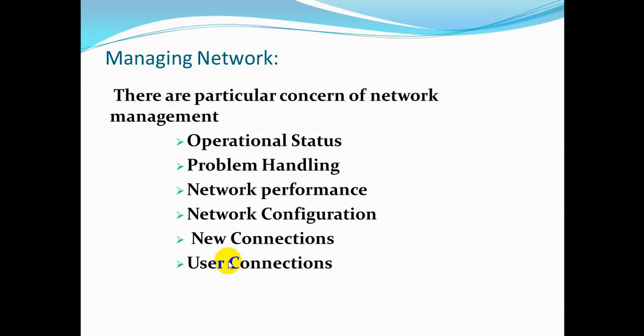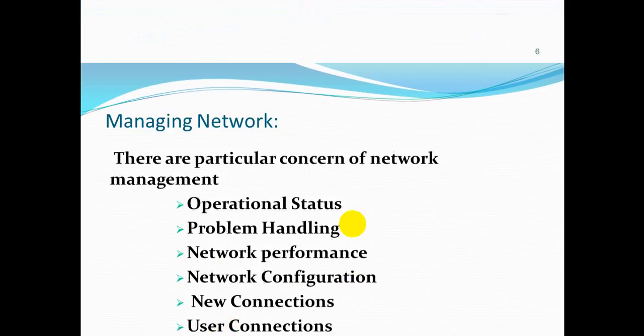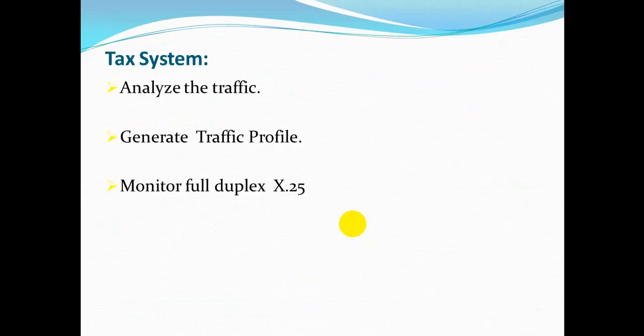So, CUPSON implements many systems to resolve these issues. The first system is the Text system. Text system is designed to analyze the traffic of X.25 links. It also generates the traffic profile for a typical user accessing a particular host resource. It enables us to predict the network loading impact of adding additional users to the system.